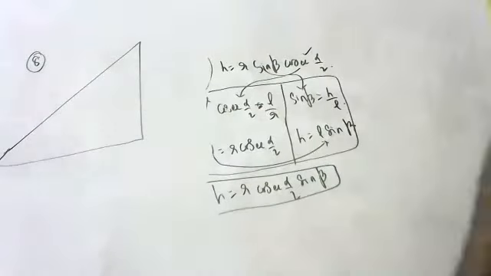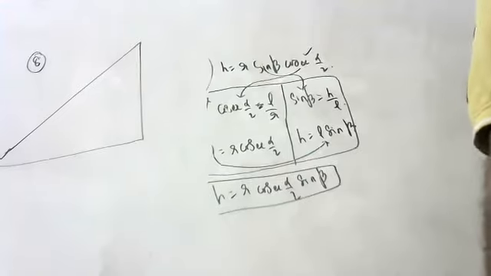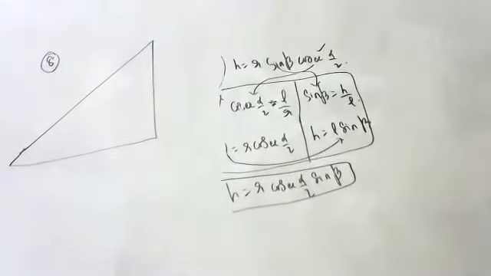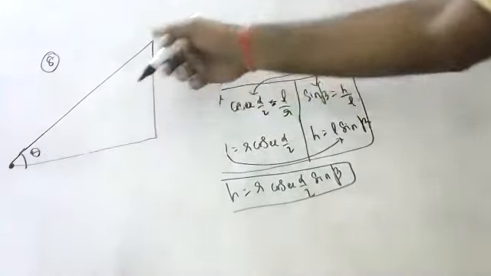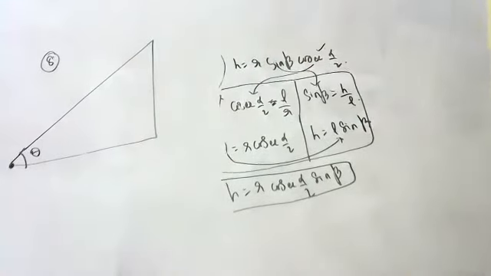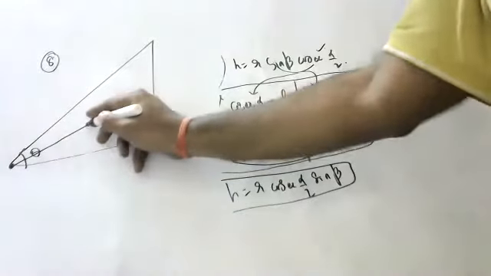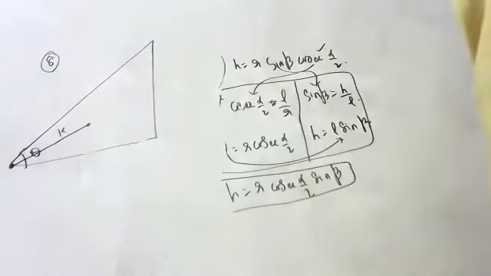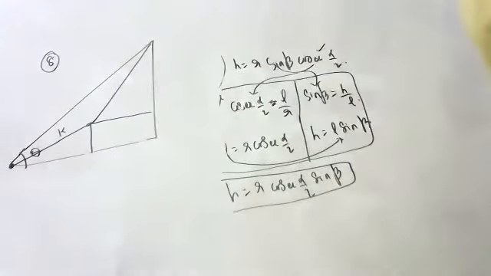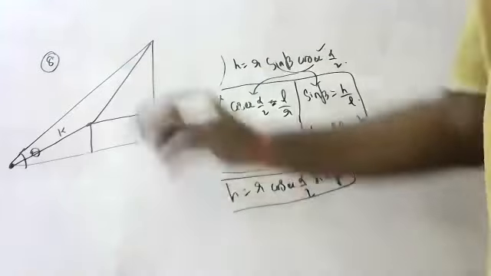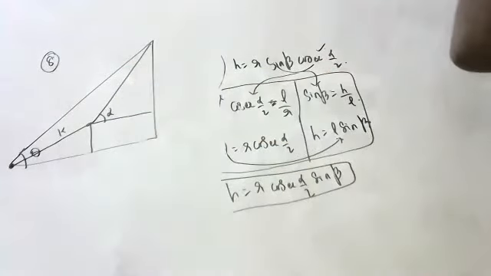A person is climbing a mountain, children. When he saw from the bottom, just before trekking, he saw the mountain top at an angle of alpha. The mountain top is at an angle of alpha. Then he traveled a distance of k. Then, after going k, again he saw the top of the mountain. Now the angle of elevation has changed to alpha.